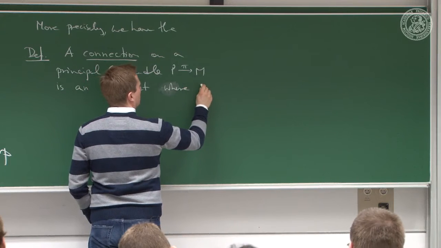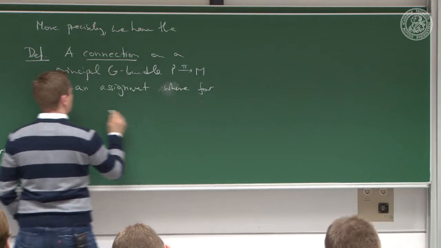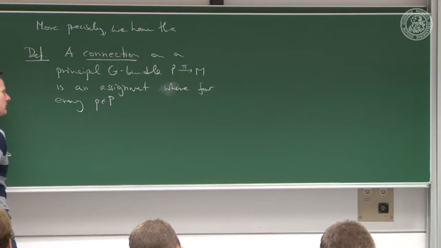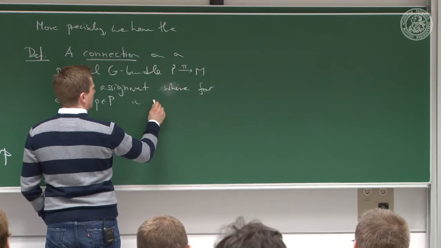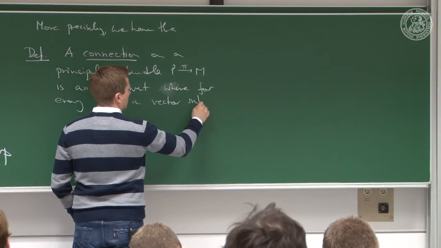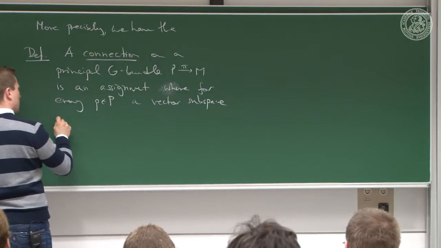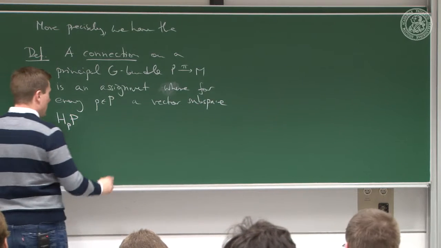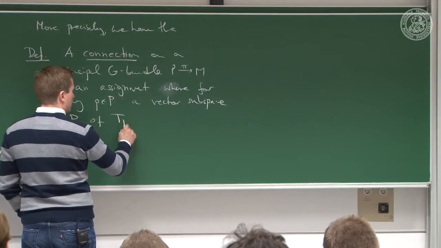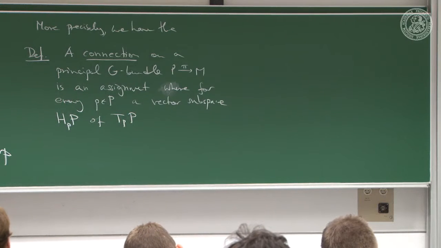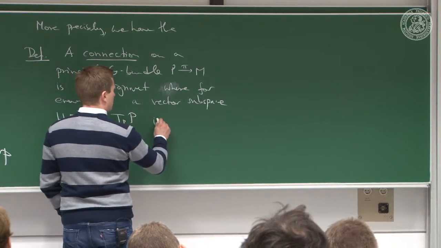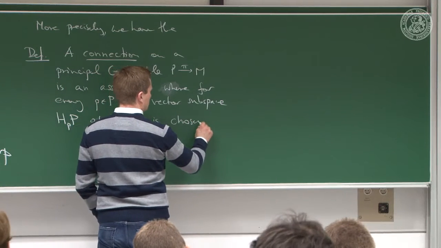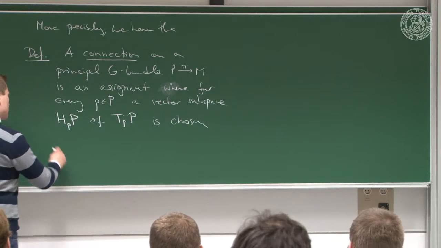where for every point of the principal bundle, where for every P in the principal bundle, a vector subspace H_P P, that's just the name of the guy, a vector subspace H_P P, of the tangent space T_P P at this point is chosen such that,